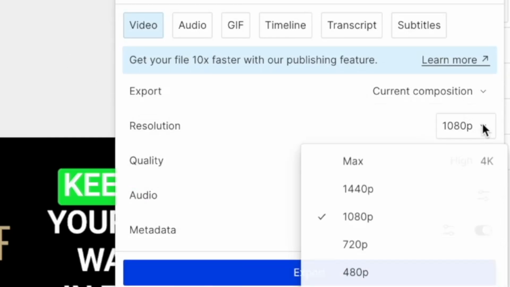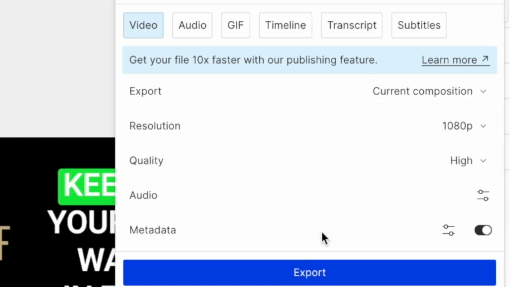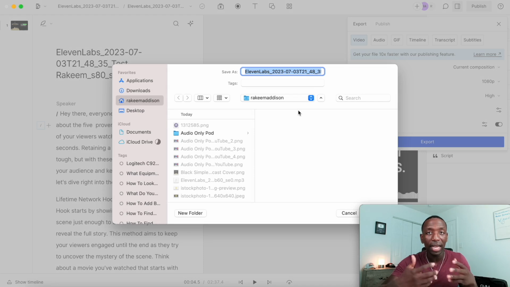We can set it to 1080p, 1440, 4K, whatever it is. And then I would come down here and I would hit export. All right, now make sure before you do that it's on video, and then I will go ahead and click on this, and then at this point I would save the file to my computer, and then I would upload it on